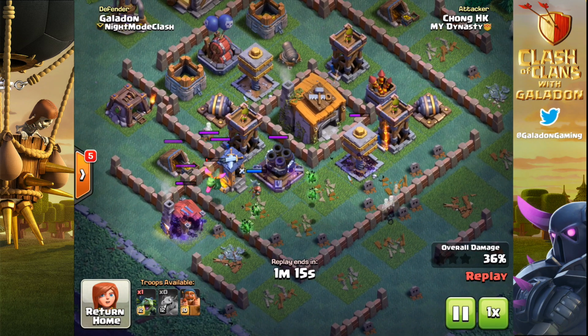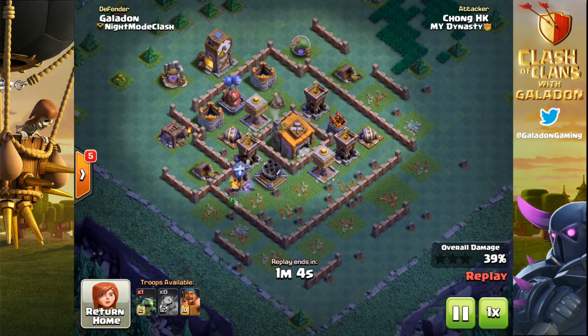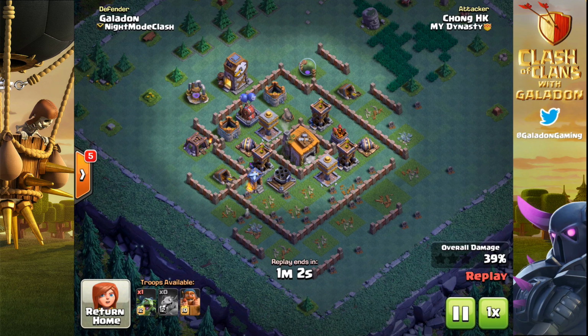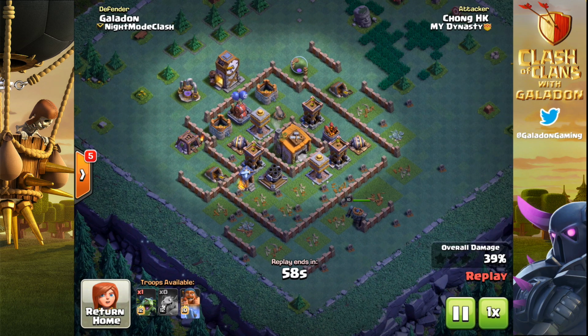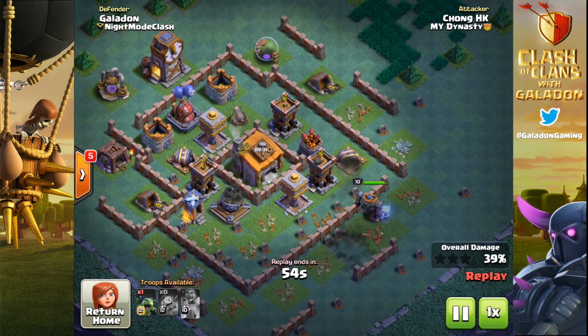Now the minions are going to go down quickly one by one. 39% damage, and the very last of the air troops just about to get knocked out. So yes, the tall archer towers do less DPS, but they're still absolutely deadly to minions, and they just can't possibly, when they don't have a tank like the dragon in front of them, withstand the